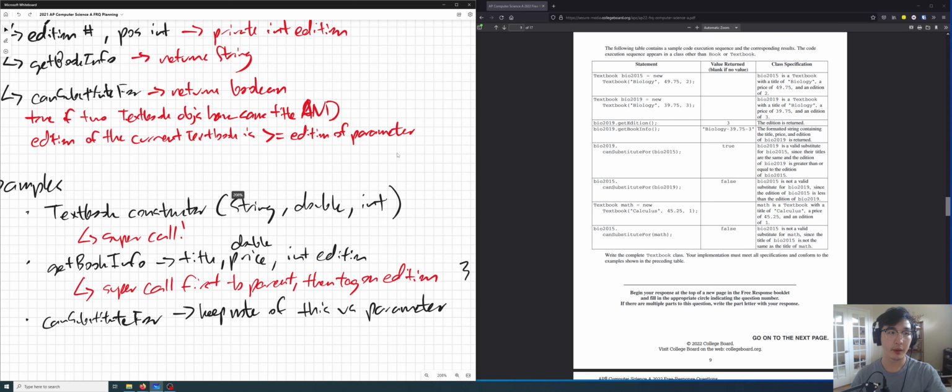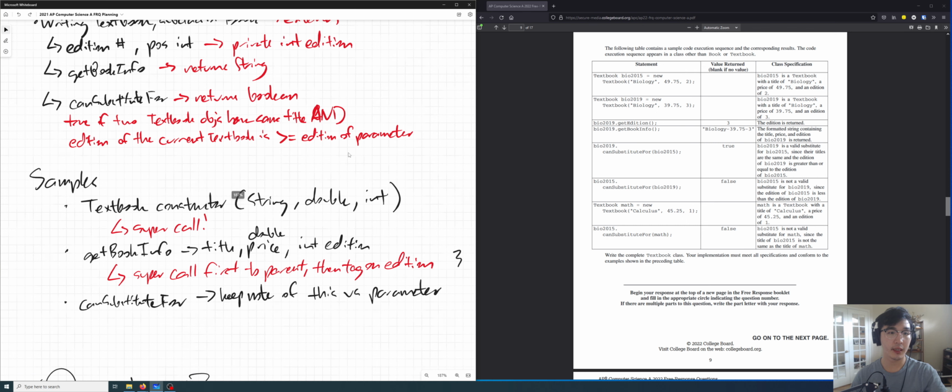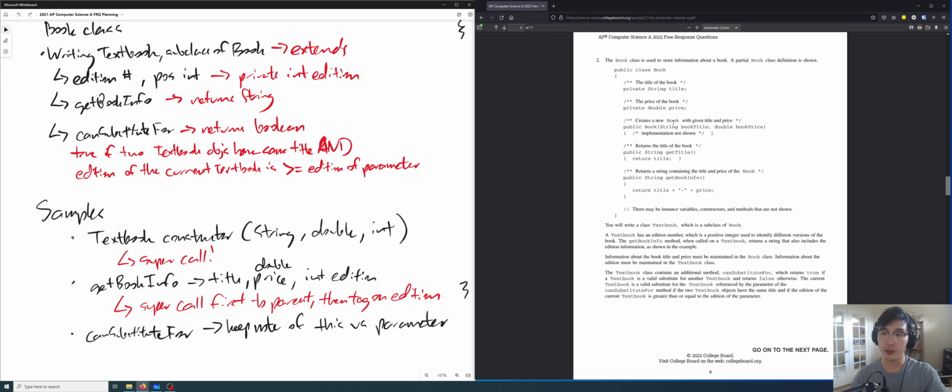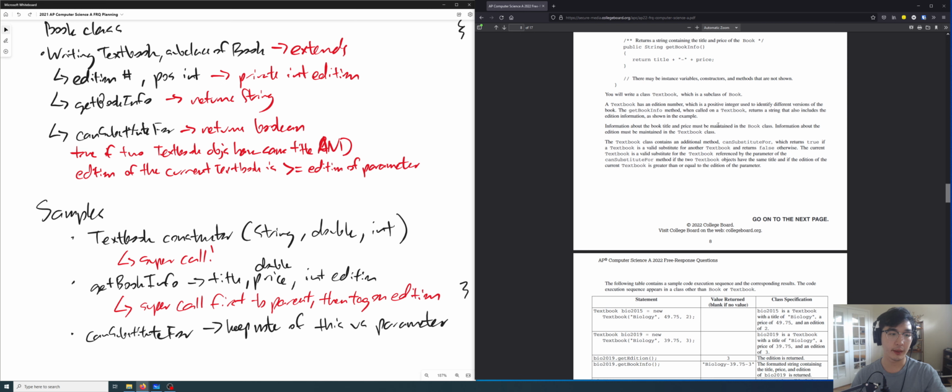Because if I remember, the only instance variable of textbook is addition number. So that would be the 2, right? It tells me addition of 2. So to assign these variables, the string, the title, biology, and the double price of 49.75, I need to have a super call to my parent constructor right there. So I'll have that super call, okay?